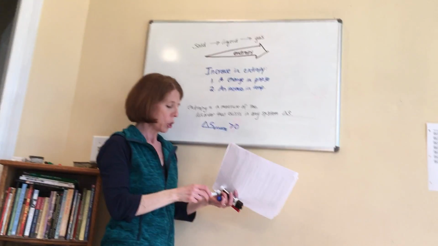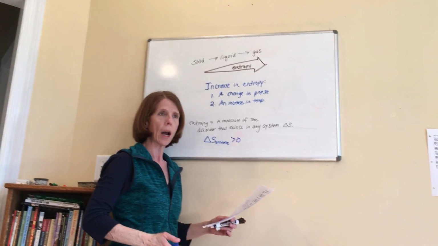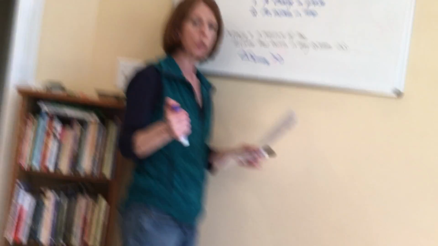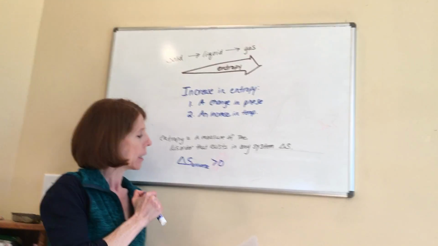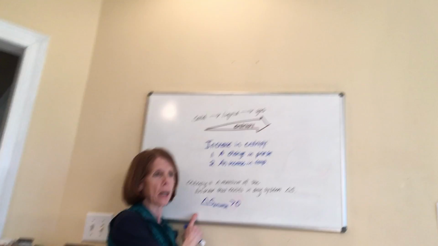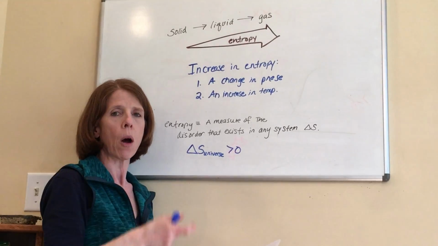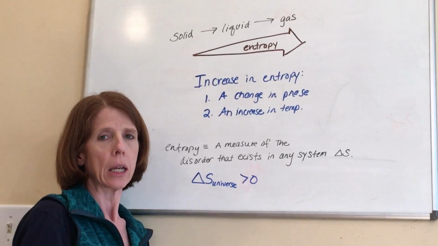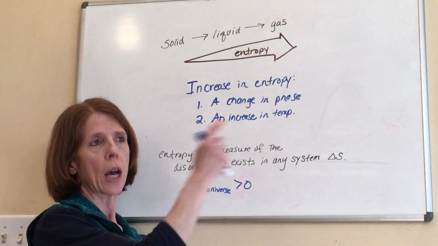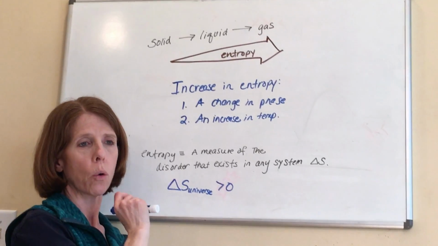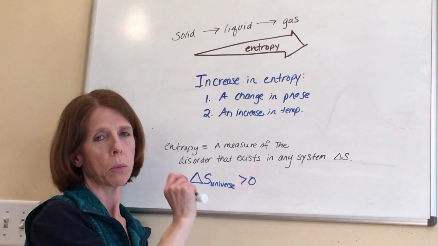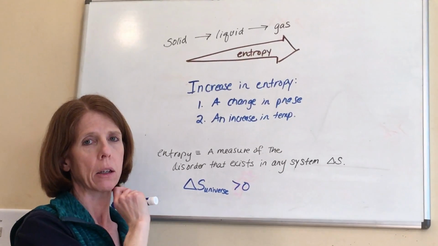When we go to quantify or to try to identify whether something is following the second law of thermodynamics, what we're going to do is look at the number of molecules that exist on each side of the reaction, and also the phase that they're in. So I'm going to take a break and come back and I'll do a problem like that and explain that a little bit more.